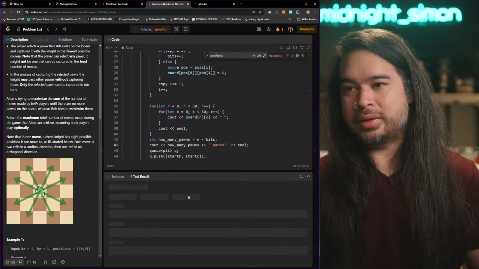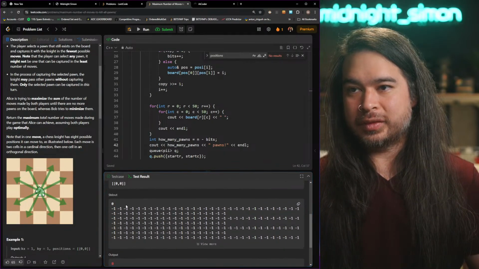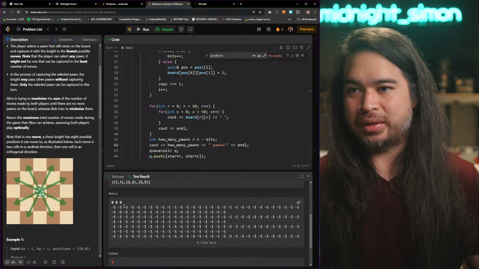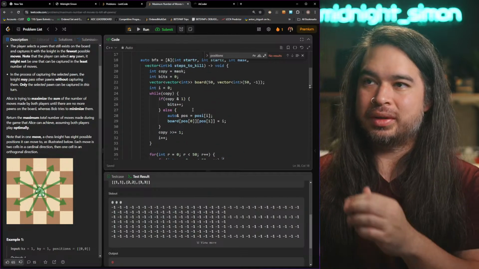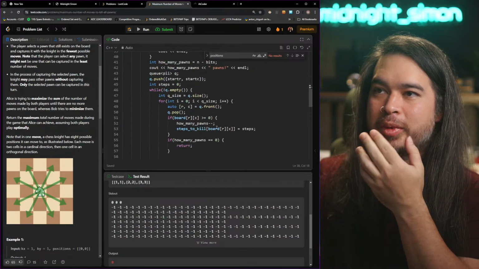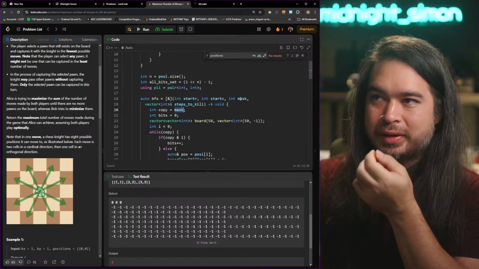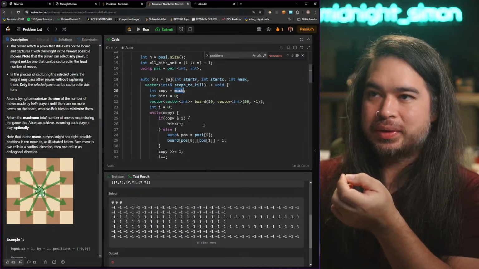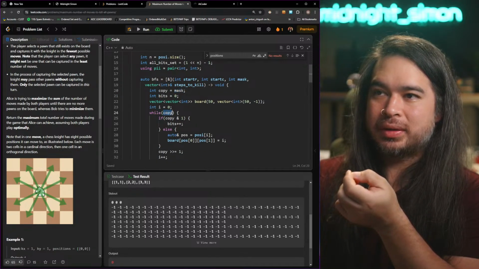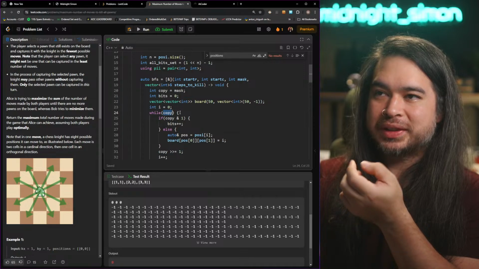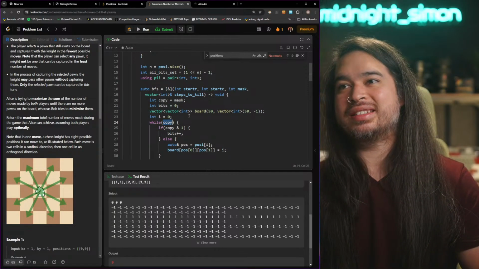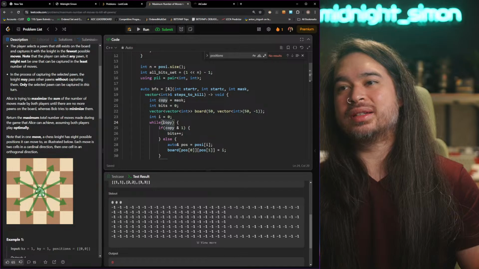Oh. 0 pawns, that's not right. All right, so how come a mask? Wait, this mask should be 0. Oh, come on, man. So when the mask is 0, that means